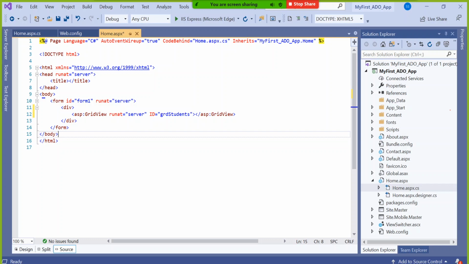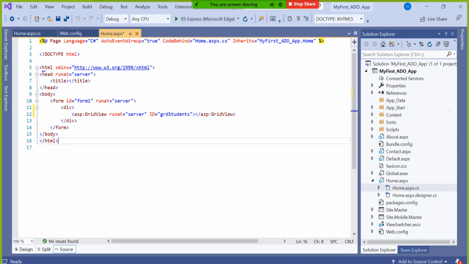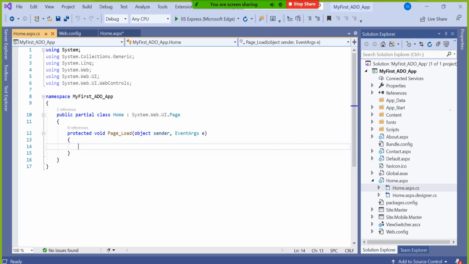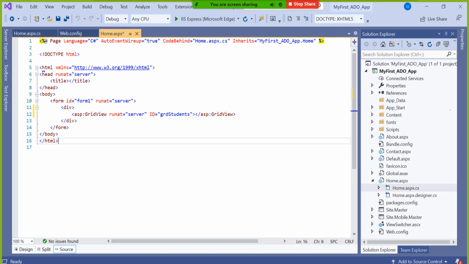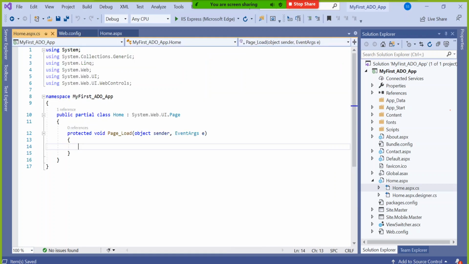So based on the coding, always depend on your development. I wrote just a small grid view, and that grid view is going to hold data that comes from the database. Now go to the server side code. This is called client side code, that is called server side code. Now on the load of the page, I want to fetch the data from the database and bind this grid view. If you want, you can close this web.config also, or keep it as it is, no problem. So here you have some steps of approach to connect to the database.